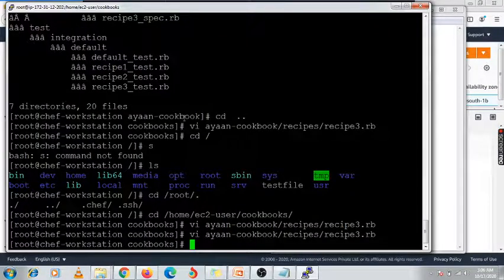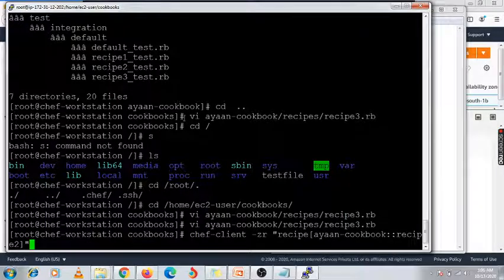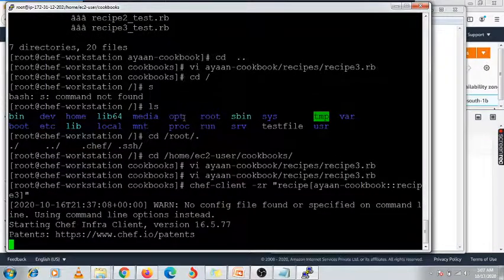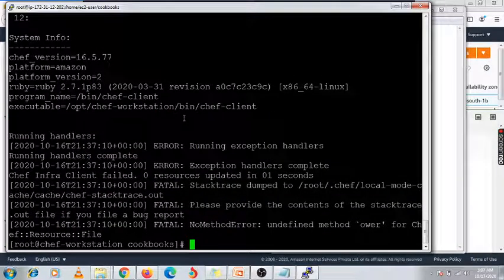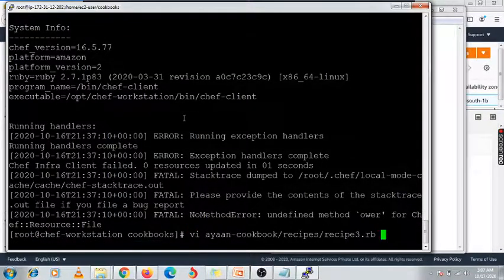Now this recipe is created. Now I'm going to execute it, to see whether it is working or not. Here you need to mention my recipe 3, enter it. Now you can see what will do. There is some fatal error reflecting, right? No issue.